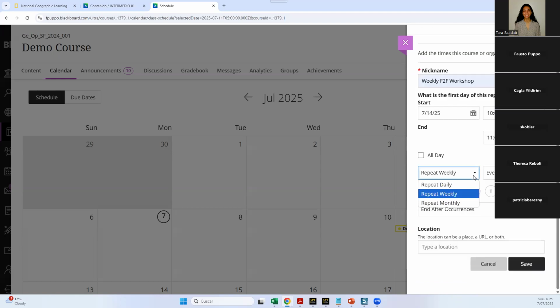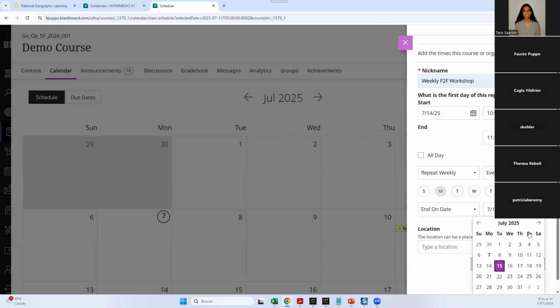How often should it be repeated? In this case, weekly, every week. It's going to be Mondays only, because as you can see here, I could indicate more than one day. When should it end? After a number of iterations, or maybe on a specific date, in which case you access